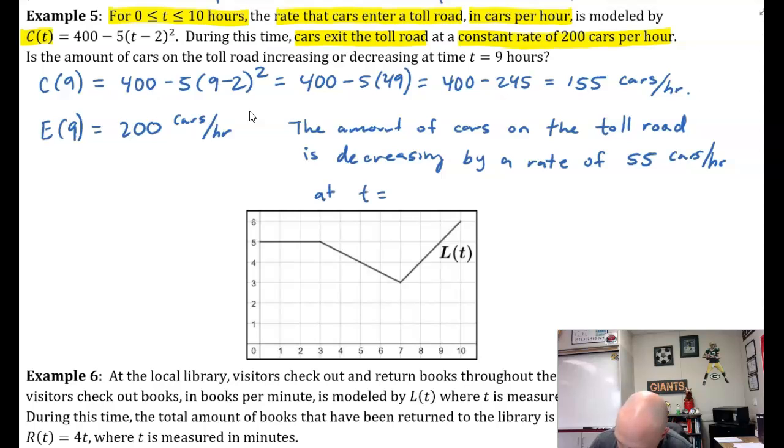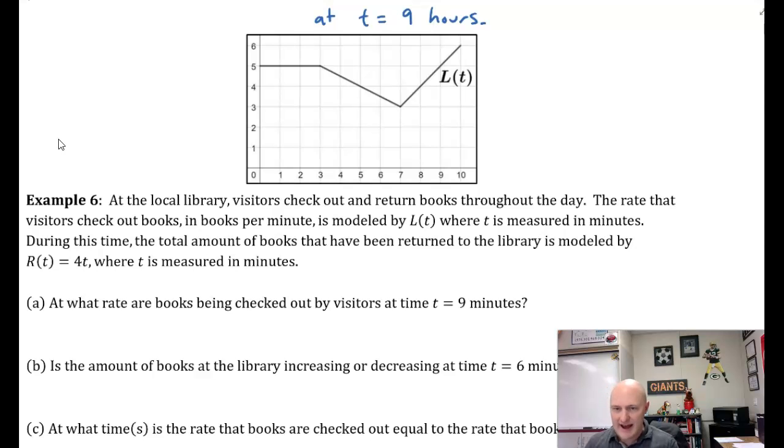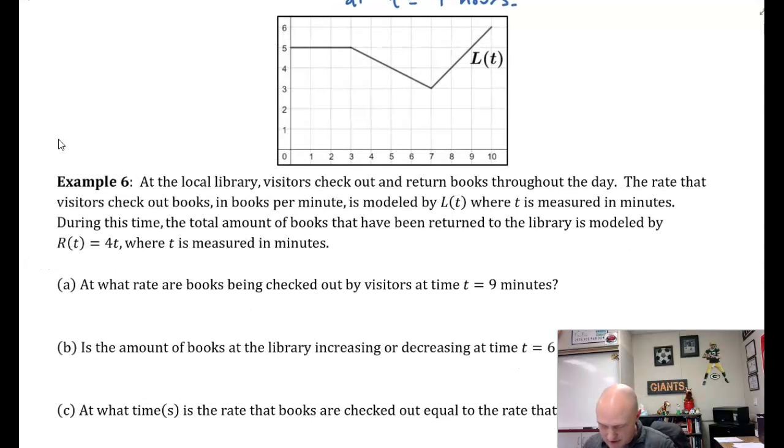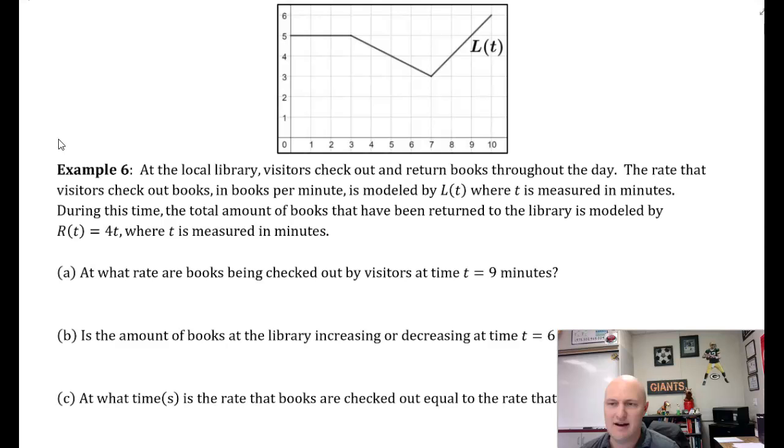At t equals 9 hours. Okay? And if they ask for justification, like explain why, well, that would be because c of 9 is less than 200. Okay? All right, last example that I have here is example number 6, and here they give us a graphical